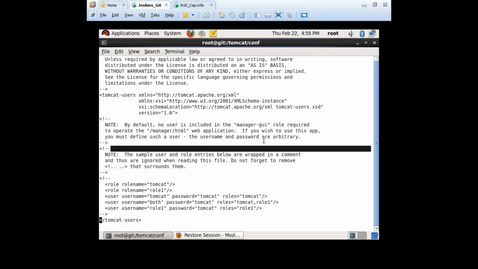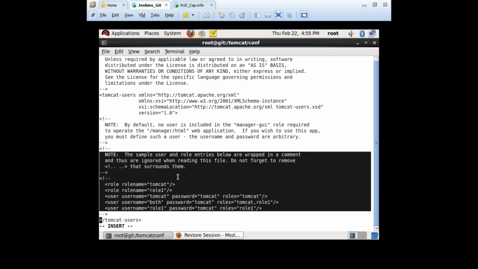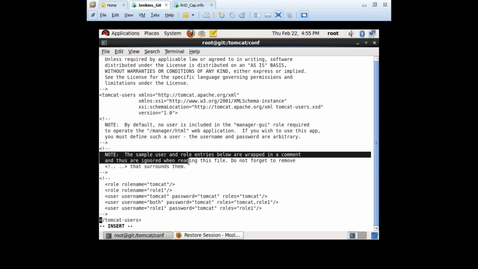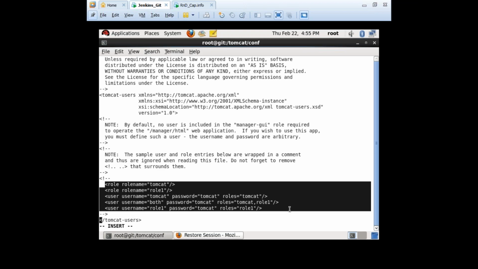Now this is how it looks initially. If you look here, everything is a comment in this file. These are comments, the comments, the comments. Even in this, for example, look at these roles; they give some examples as well: how do you create a user, how do you assign permissions, and then role, and so on. Just follow the same examples that are mentioned, or else you can copy and paste these two lines.